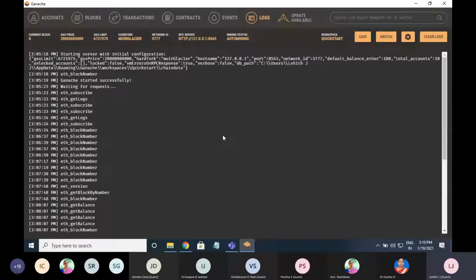If you want to connect any network to this Ganache, then remotely you can give this 127.0.0.1 with the port number 8545. Or else, if you want to create your own network ID, that is also possible.